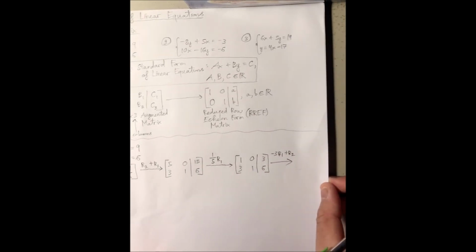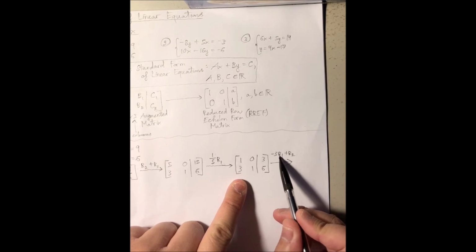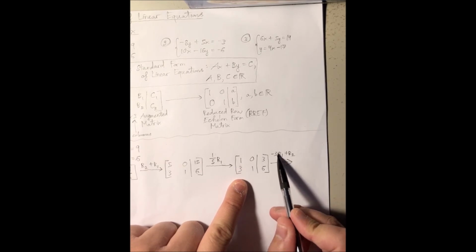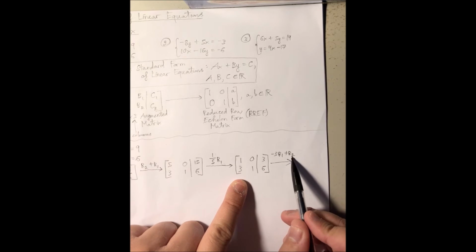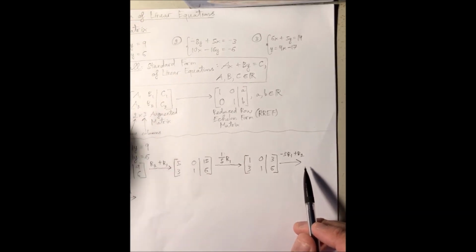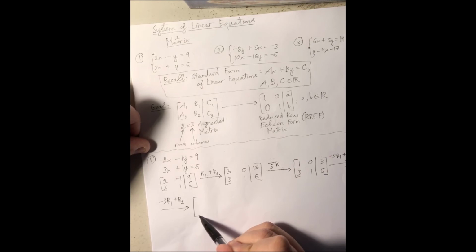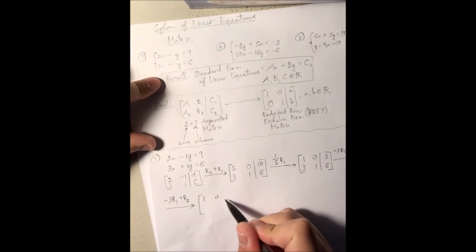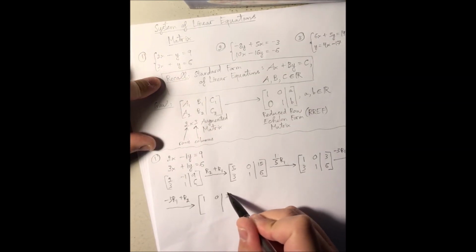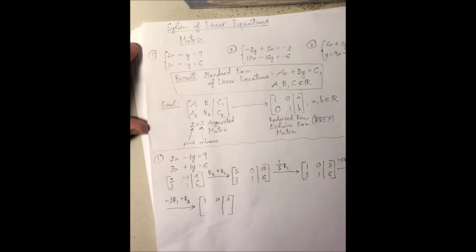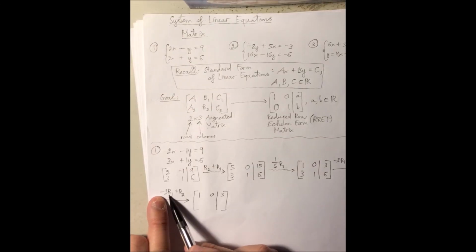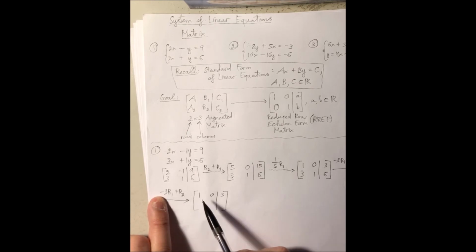So again, I'm taking row 1 and I multiply by a number and I'm adding it to row number 2. So that means my row number 1, my first row, stays the same because I'm taking it to do the multiplication and then doing the addition after. If I take negative 3 and multiply row 1, meaning I multiply every number of that row, negative 3 times 1 is negative 3. Now, adding respectively,